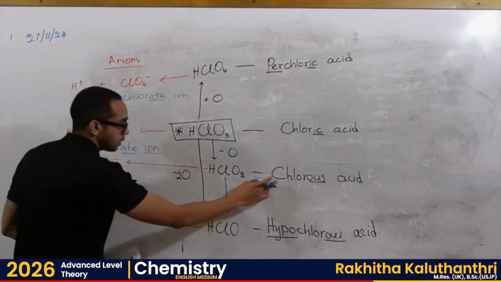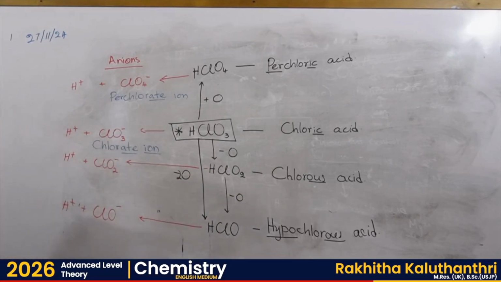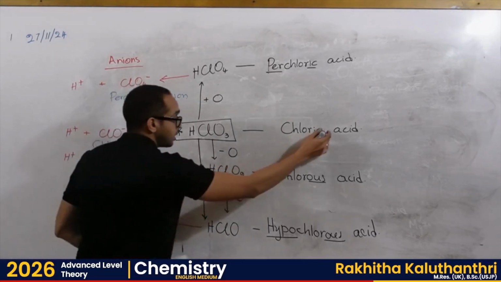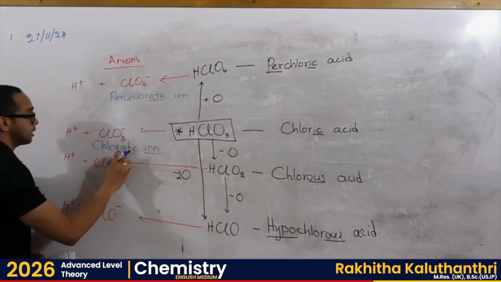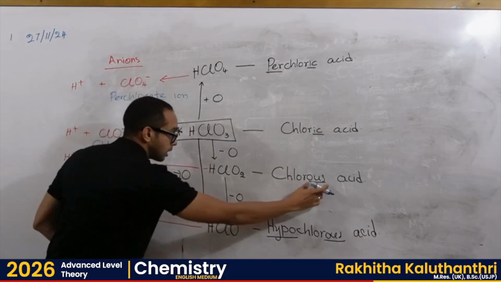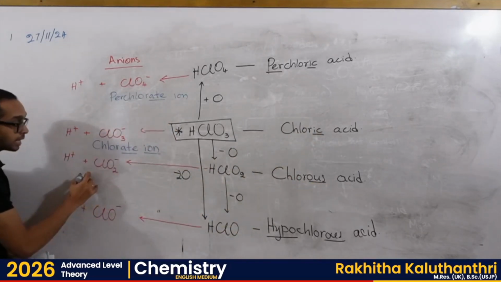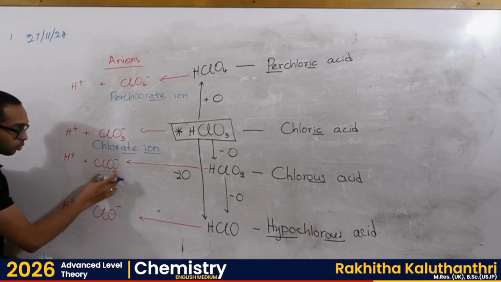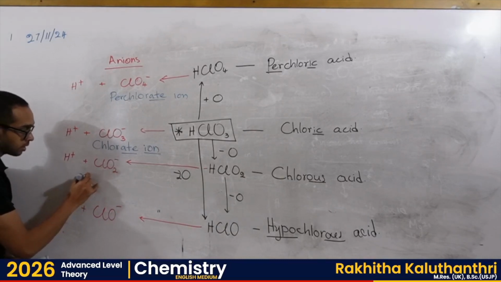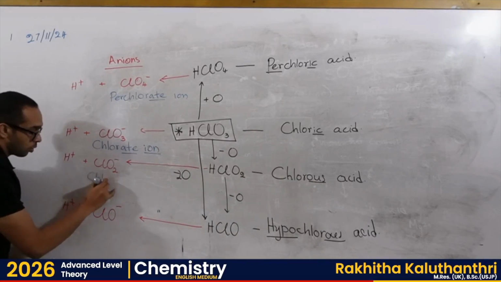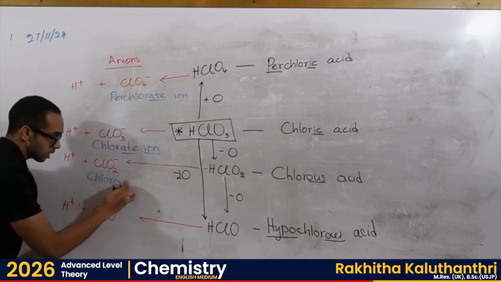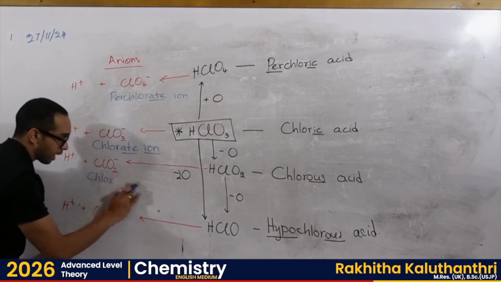So here we have IC ending turning into ATE, but OUS ending usually turns into ITE. So the ion over here is referred to as chlorite